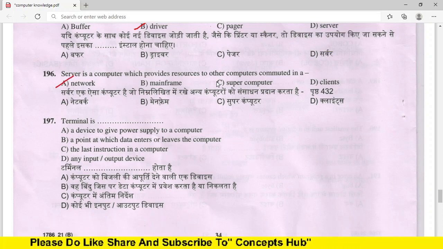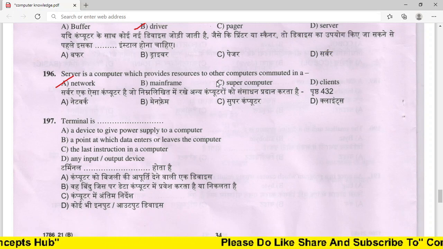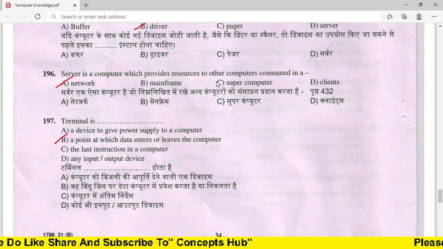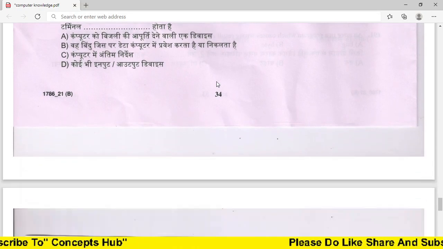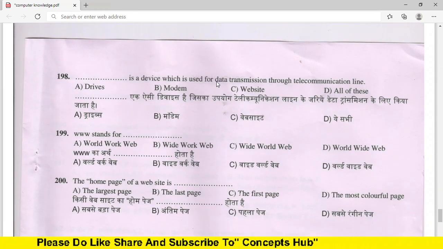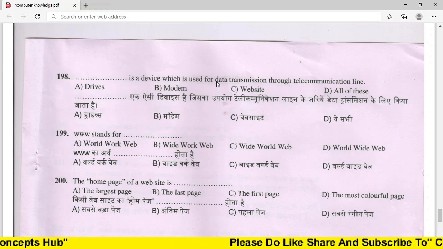Terminal is a point at which data enters or leaves the computer. Dash is a device which is used for data transmission through the telecommunication line.